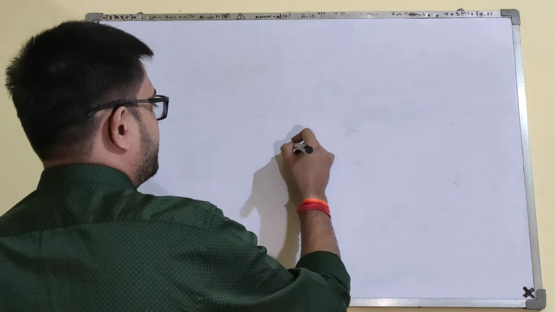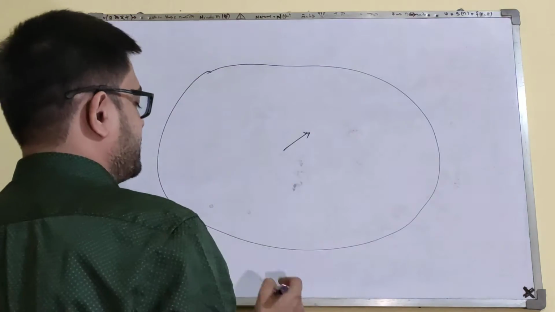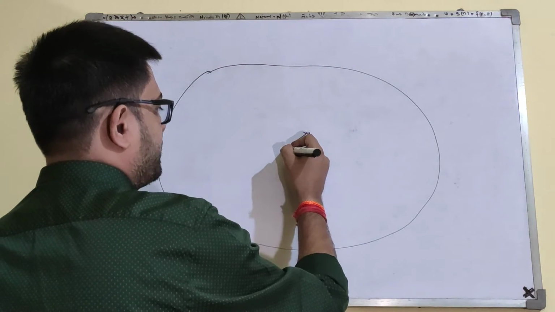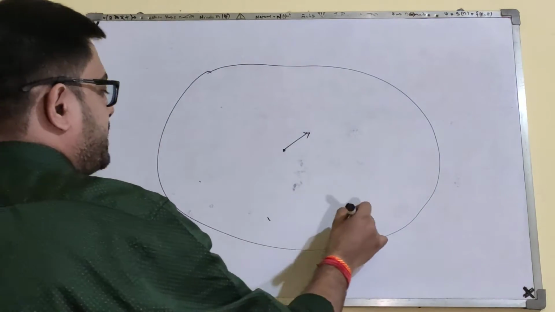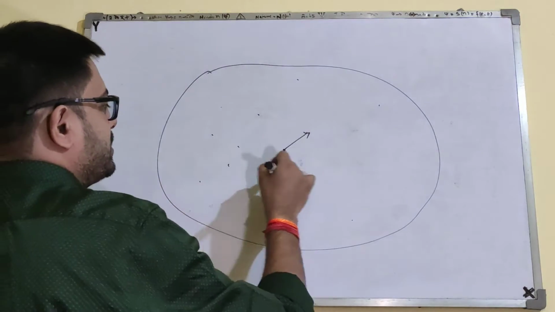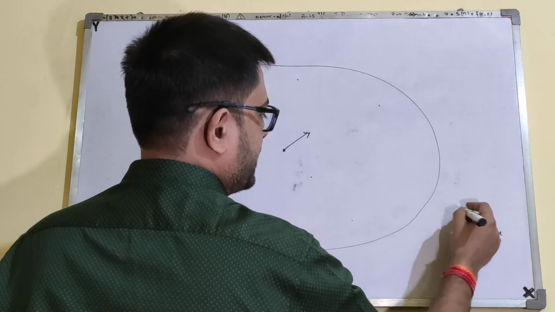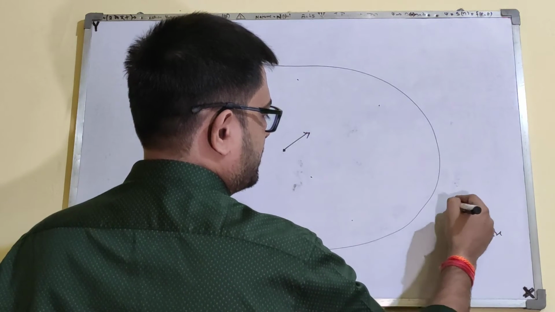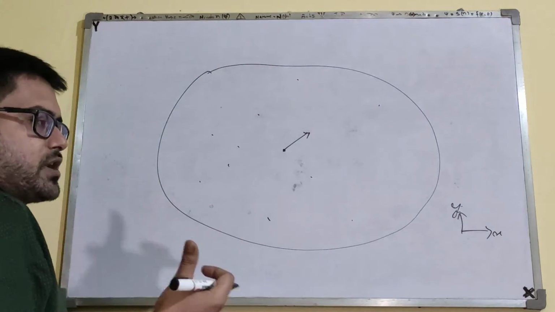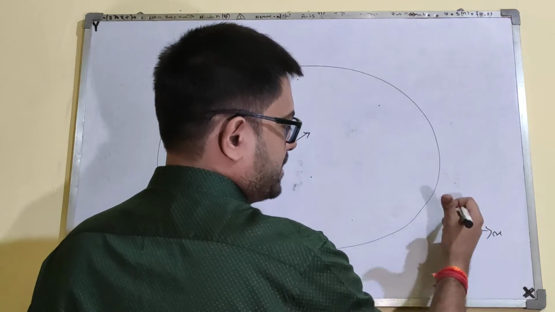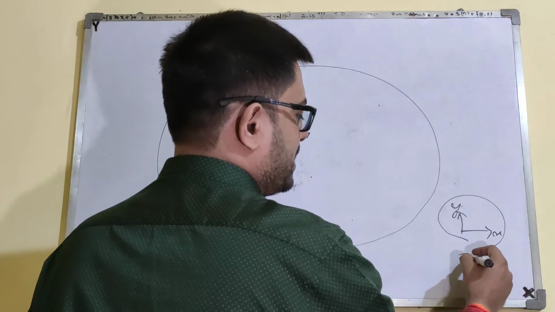For example, if I define this particular area or space in 2 dimensions as my region, and in that region there are many points, okay, infinitely many points. If it is just 2 dimensions, I can take it as xy plane. But instead of writing this as xy plane, there is a much more convenient way. You can also say that it is a z plane.